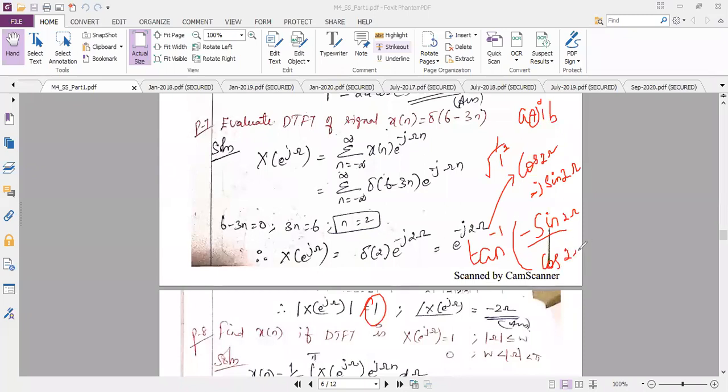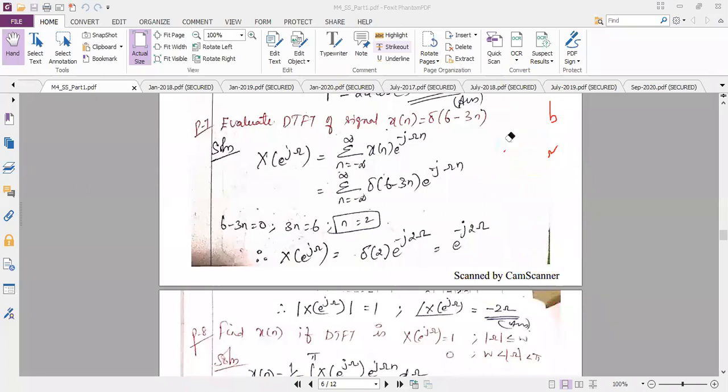I hope you are following this step. The next step is sine by cos. What is the equivalent in trigonometry? Sine by cos is tan. So I will write minus tan 2 omega. This tan and tan inverse will cancel, so your answer is just minus 2 omega. I have written the answer directly, but I am repeatedly telling you in the internals, if you do not write the steps, even for a simple thing you should show how you calculated. Otherwise, I will put the complete marks as 0. So your phase is minus 2 omega.